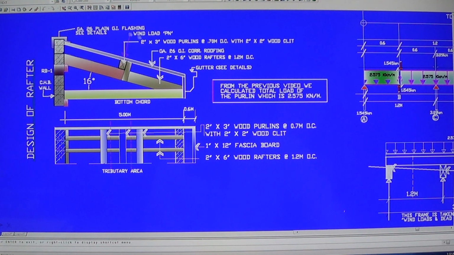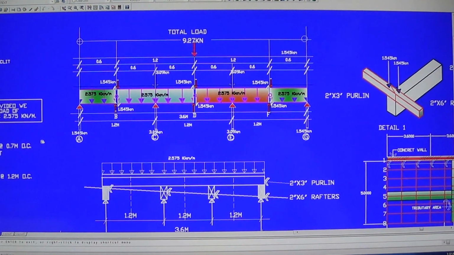This is the whole picture of the roof truss. There's a wall here, a concrete wall carrying the roof truss, both sides. This is the back side, this is the front side. Now, here's the load analysis for the purlin that we designed, and the purlin transfers the reactions to the rafters. These are the rafters, 4 of them, carrying the purlin,